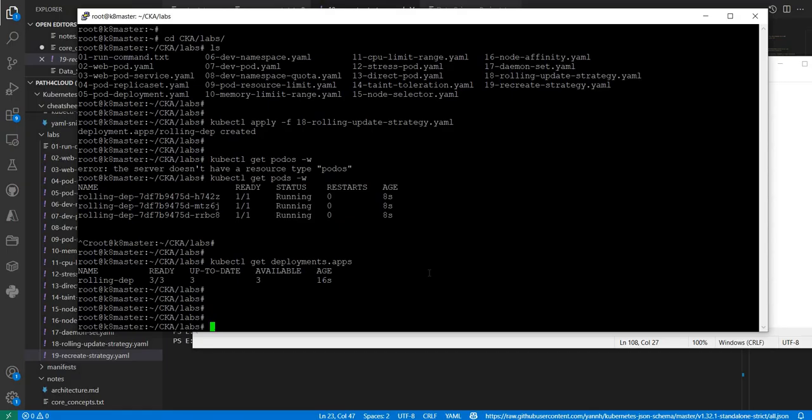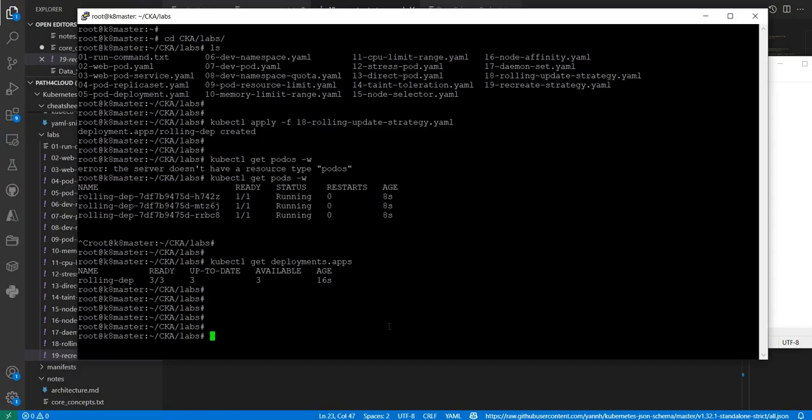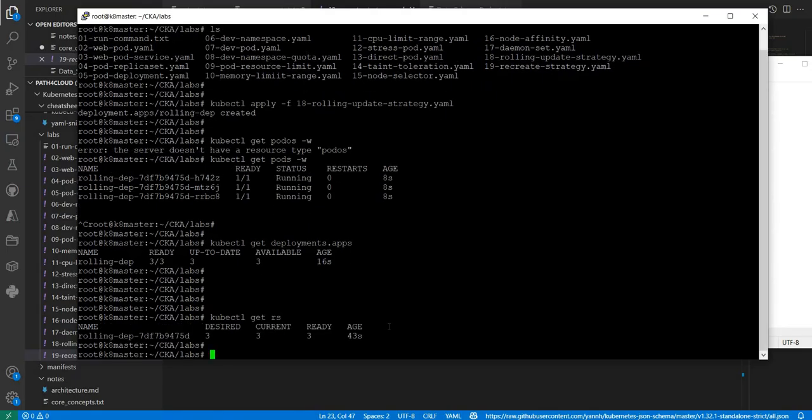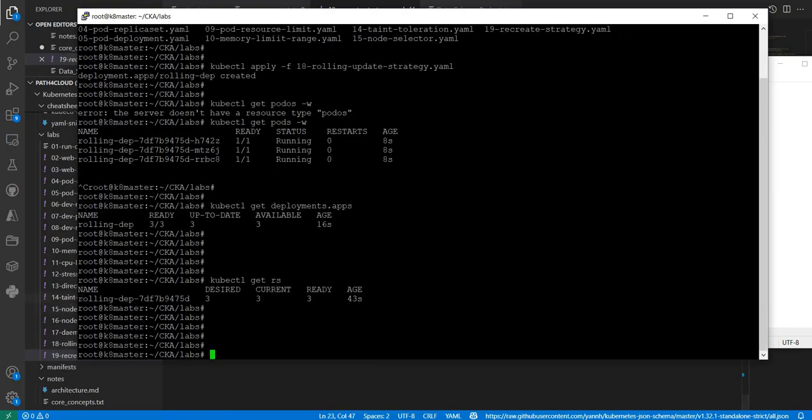Maybe 3 is more. What I will do is I will take 2 first, maybe because I don't want to end up with my resource utilization less or something. But anyways, we'll try with the 3 first. And if I show you the replica set, as of now we have this replica set running, right? Similarly, there is a command called rollout